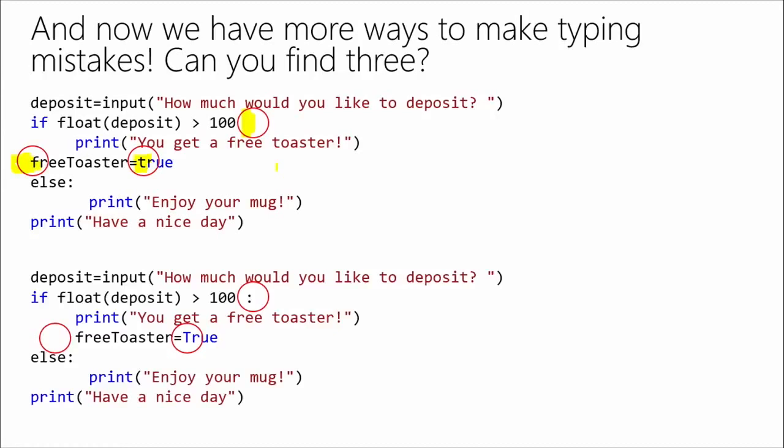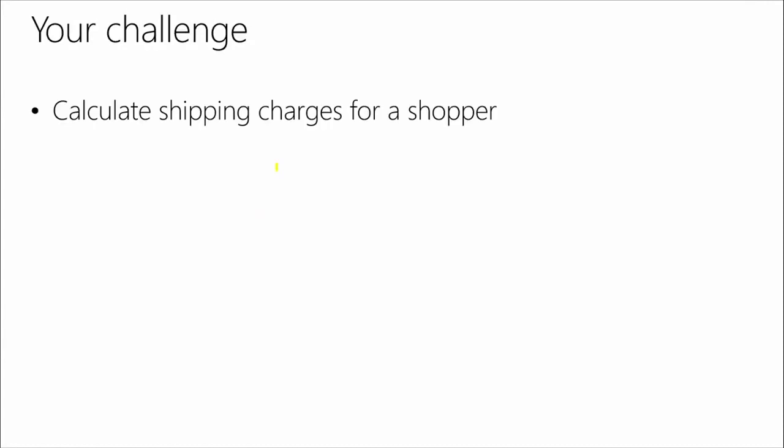So there we go. So those are the mistakes we had. We forgot the colon in the if statement. We forgot to indent the line about setting the free toaster flag to true, and we forgot true. We accidentally entered uppercase. So your challenge, now that you've seen all this, you're going to try and calculate the